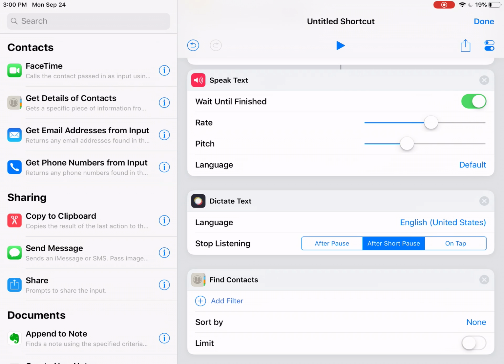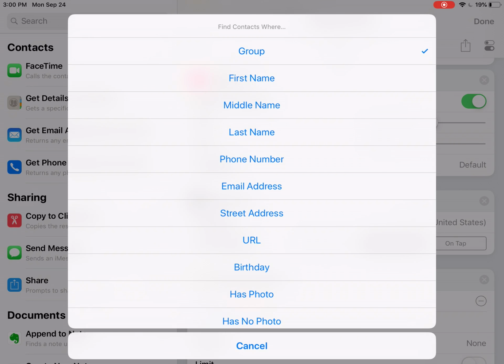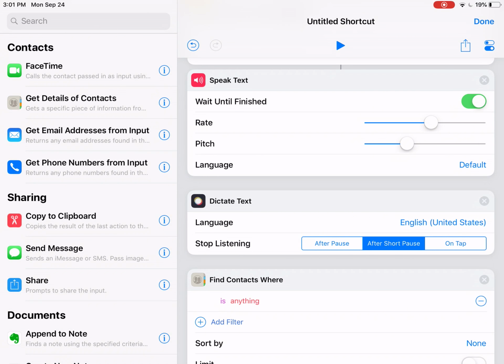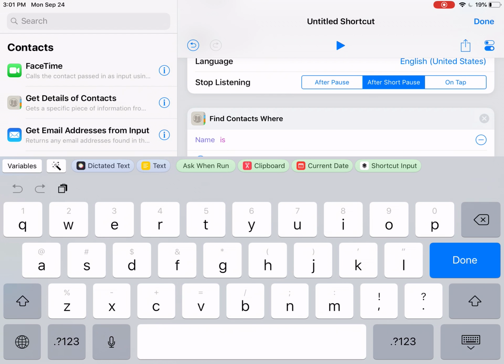I already know. So basically I want Siri to find the contact associated with the name I just gave her. I'm going to add a filter, and I'm going to select the name. If you go all the way to the bottom, I think, yeah, there it is. Name is, and we're going to